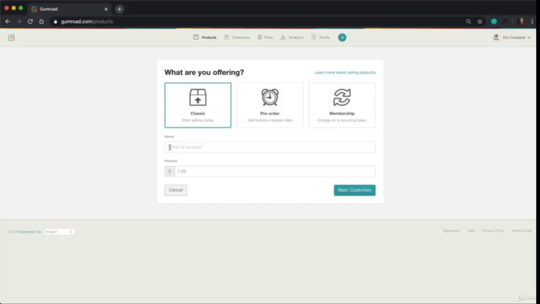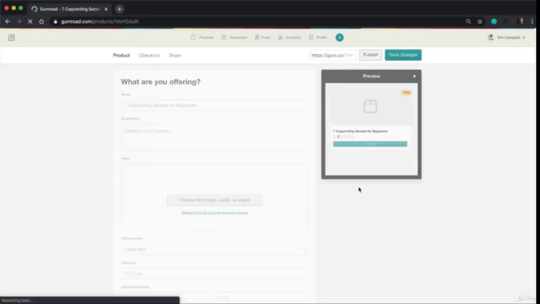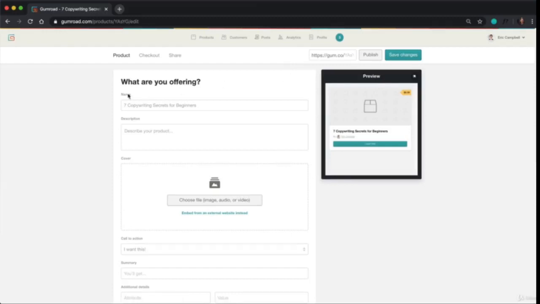And for this example, I'm going to be selling a PDF called 7 Copywriting Secrets for Beginners. And I'm going to be selling this for $6.99. So I'll enter that in here and click on Customize. And then you want to fill in the information about your product. And as you can see, this is a live preview window of what this is actually going to look like